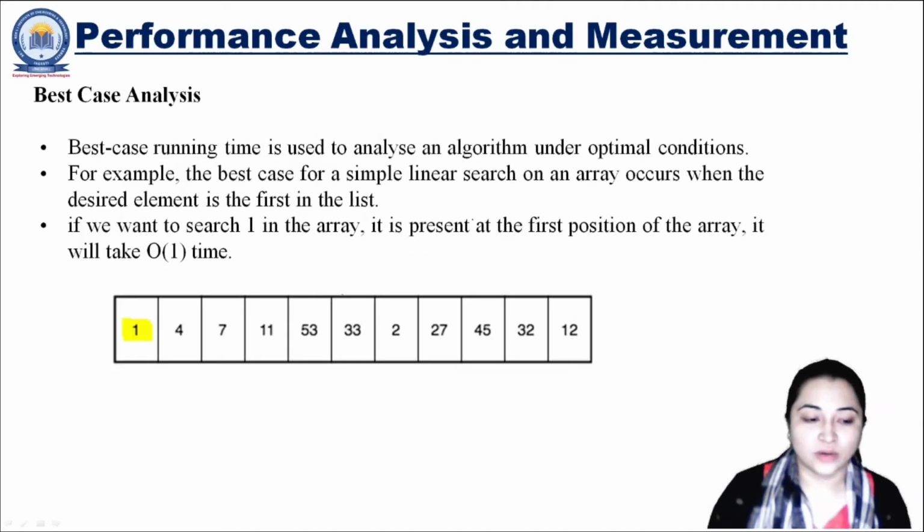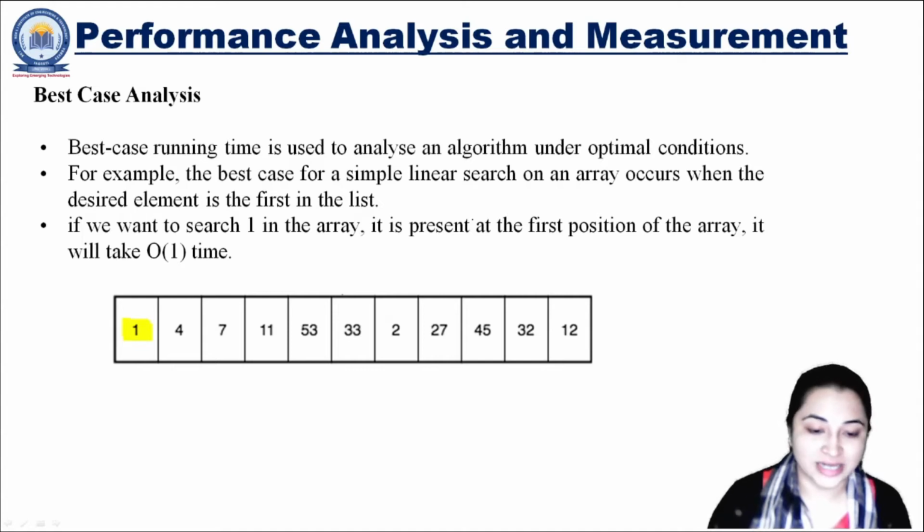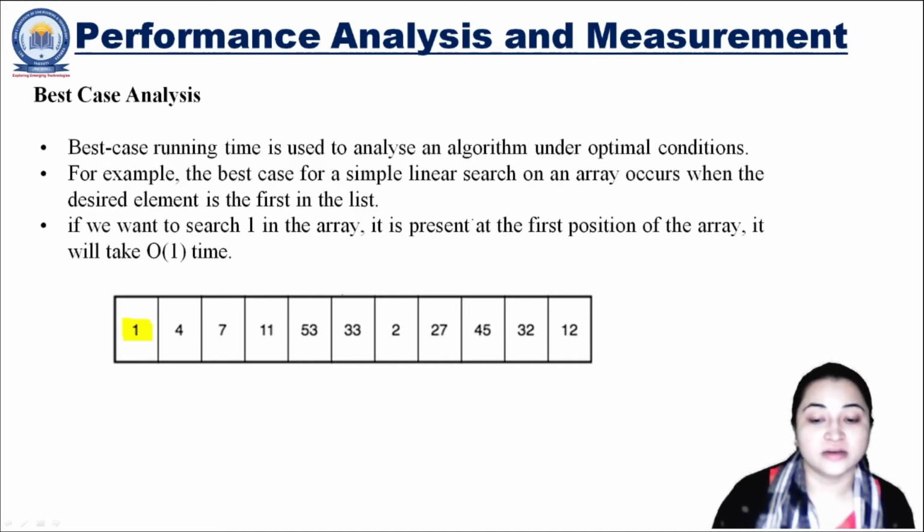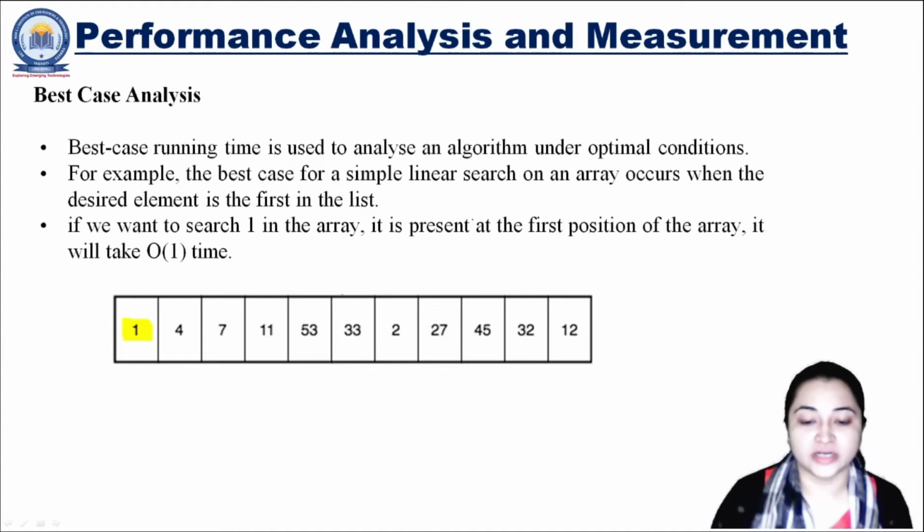Okay, now let's see best case analysis. So what is best case running time? Best case running time is used to analyze an algorithm under optimal conditions. Means what can be the best situation when the algorithm performs the best. For example, the best case for a simple linear search on an array occurs when the desired element is the